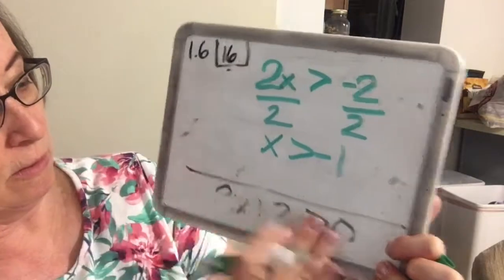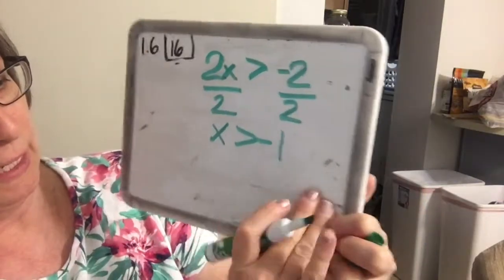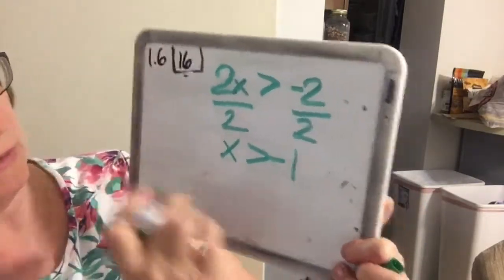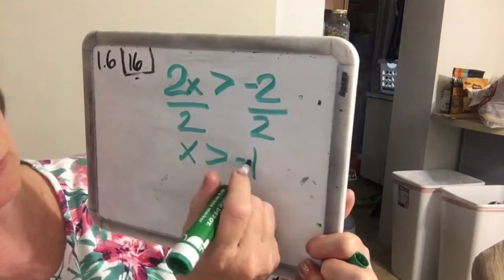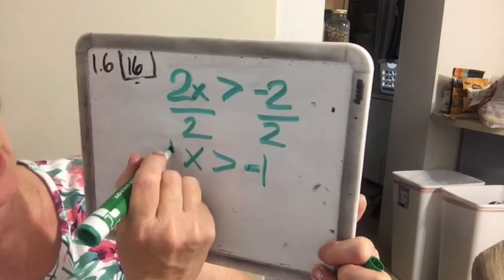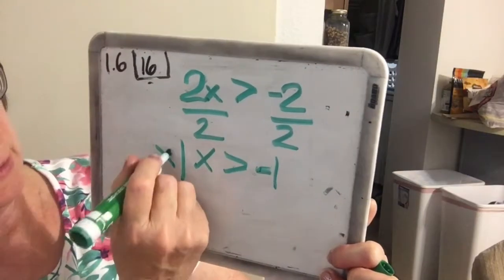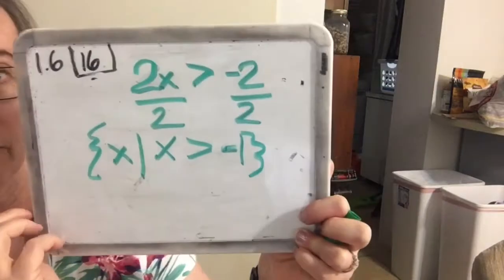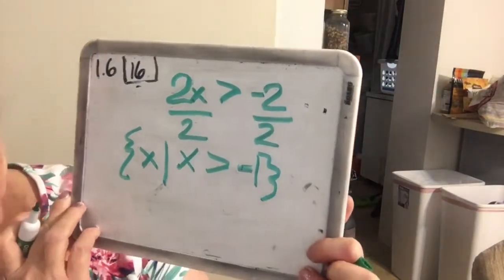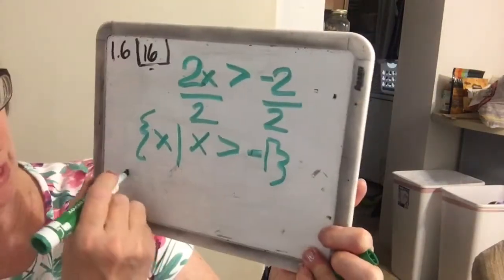So now we need to write that in the 3 forms. Since I already have x is greater than negative 1 here, I'm just going to go ahead and put the set notation by putting a little line, sticking the x in the front: x such that x is greater than negative 1. And then for my graph,